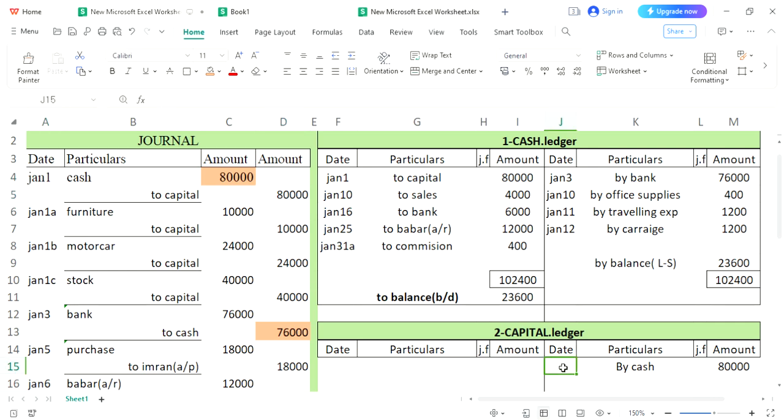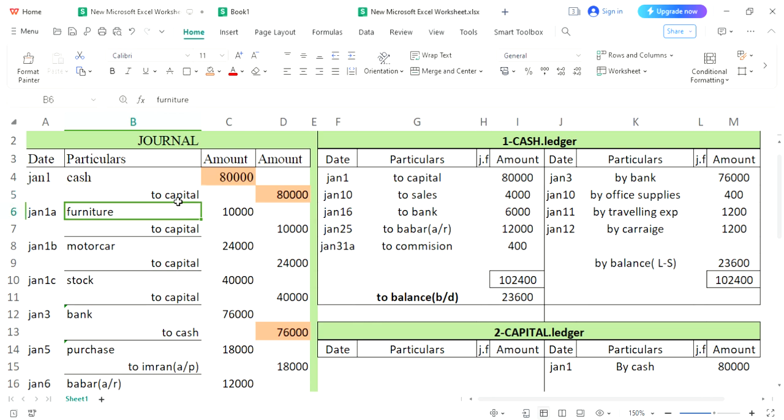So we are going to put January 1 over here. Date is completed. Reference is completed. Amount has been posted. It means all working regarding ledger of this 80,000 is completed. Mark it as it has been done. Since we are making ledger for capital, so we will start our research again to see where capital is present